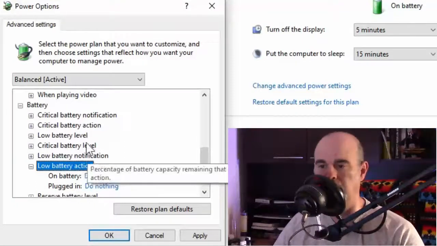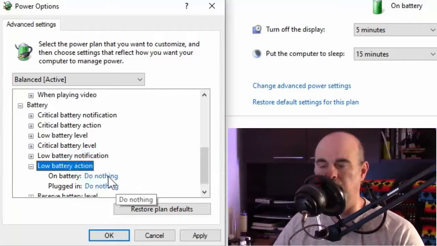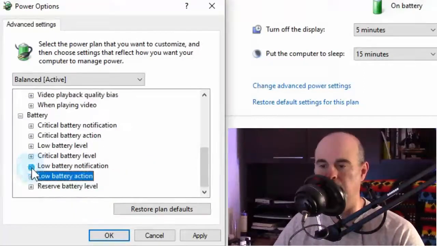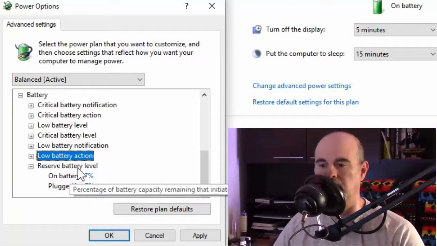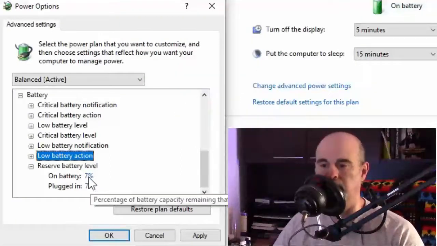So it'll only act at the critical battery action, but if you want to have something for low battery action, you can change that as well between sleep, hibernate, and shut down, or just keep it to do nothing. Only when critical, maybe. And then reserve battery level, you can tell it to consider reserving that and start to go into power saving mode at 7%.